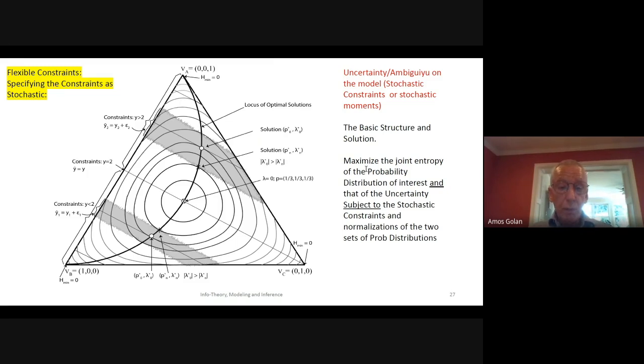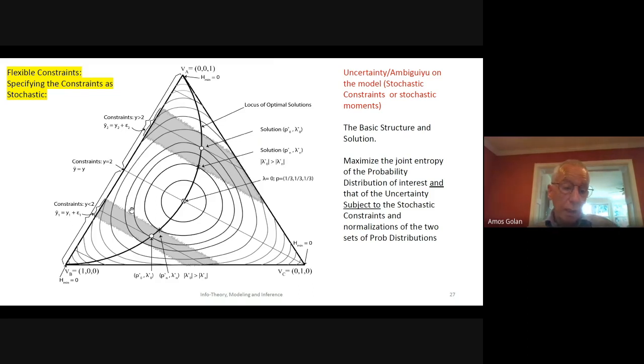Graphically, one can say that there is some noise around this constraint. Instead of knowing that it's for certain a particular value y, it is some other value with certain uncertainty. I call it epsilon here. You can think of it as having a priori mean 0. And this is the gray area here.